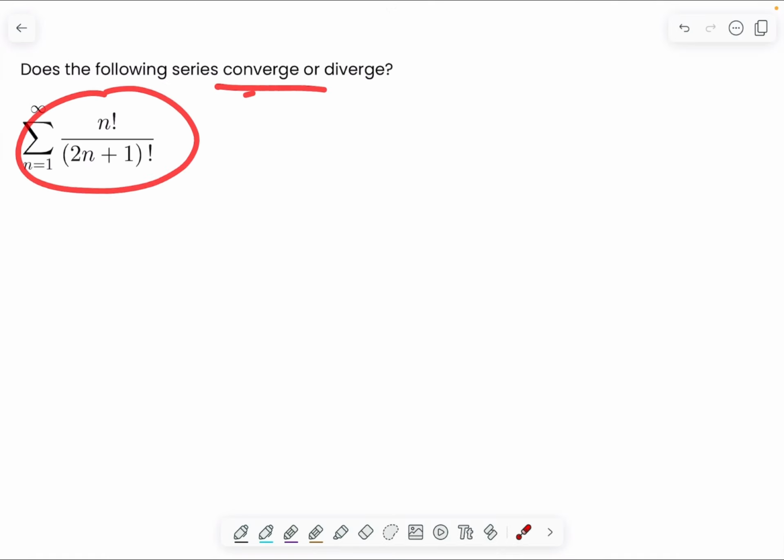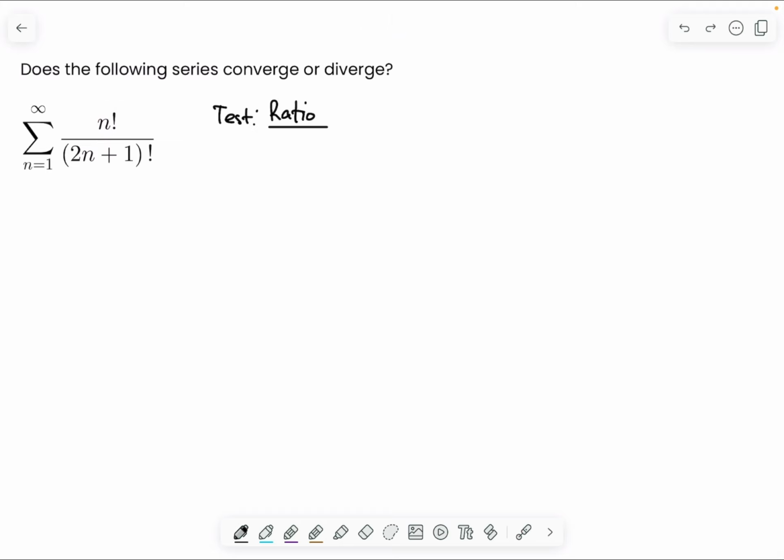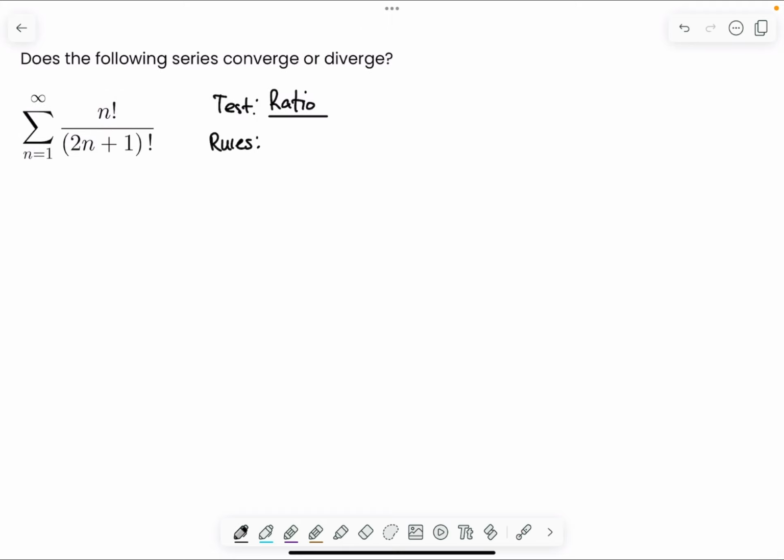Does the following series converge or diverge? Well, because I see factorials, I'm going to use the ratio test. The rules for the ratio test are based on the limit as n approaches infinity of the ratio. So it's a fraction of your sequence, but wherever you see an n, you add a 1, divided by your sequence, and then absolute value, because ratio and root tests at Rutgers come with absolute value,